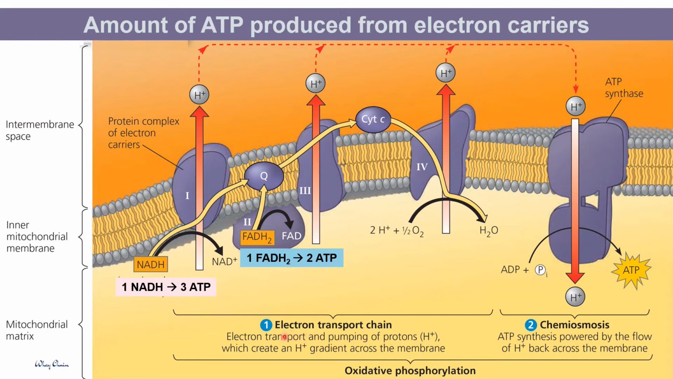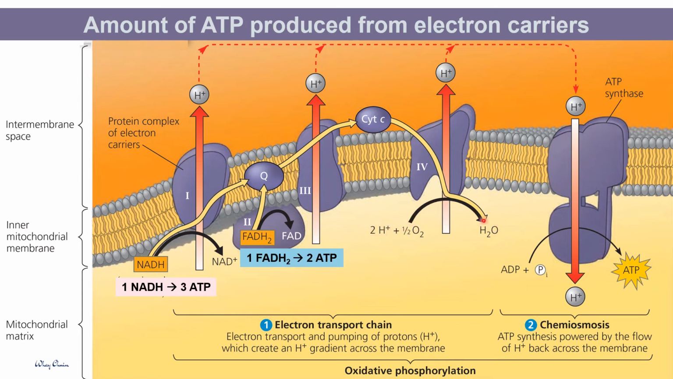So with the theories of electron transport chain and chemiosmosis, we can predict the number of ATP molecules produced from each electron carrier. Let's say we start with NADH. NADH will pass the electrons to complex 1, which is the NADH dehydrogenase. And the electron will flow along the ETC until it is accepted by oxygen atom that combines with 2 protons